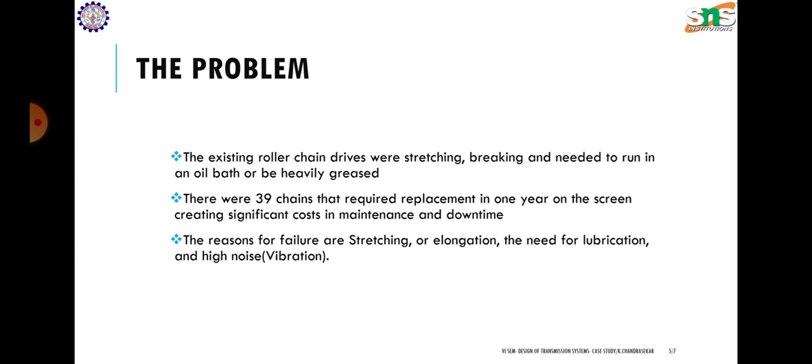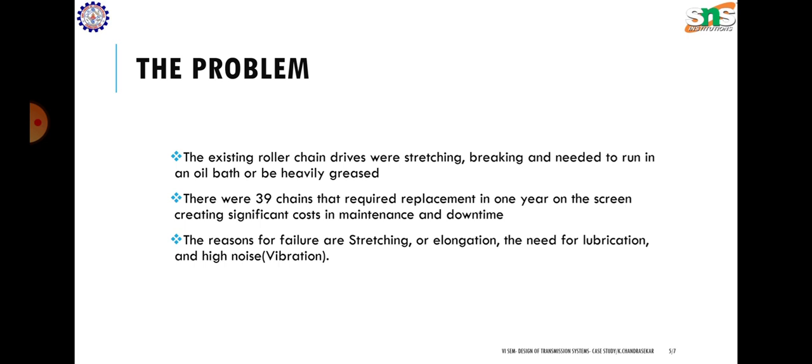Okay, here in this plant there are 39 chains to be replaced every year after a significant maintenance. So there are 39 chains that require replacement in 1 year, creating significant costs in maintenance and downtime. The cost occurs for maintenance and also to replace the chains, and also the